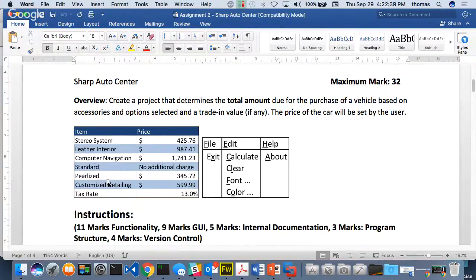Some of these are related, so you can choose either or, and some of them, you can choose all of them, right? These are the bare minimum that I'm looking for. Make it realistic. Model yourself after an existing car company. Example, if you're, I don't know, a BMW lover, go and look up on BMW's site and see what all the kind of options they have.